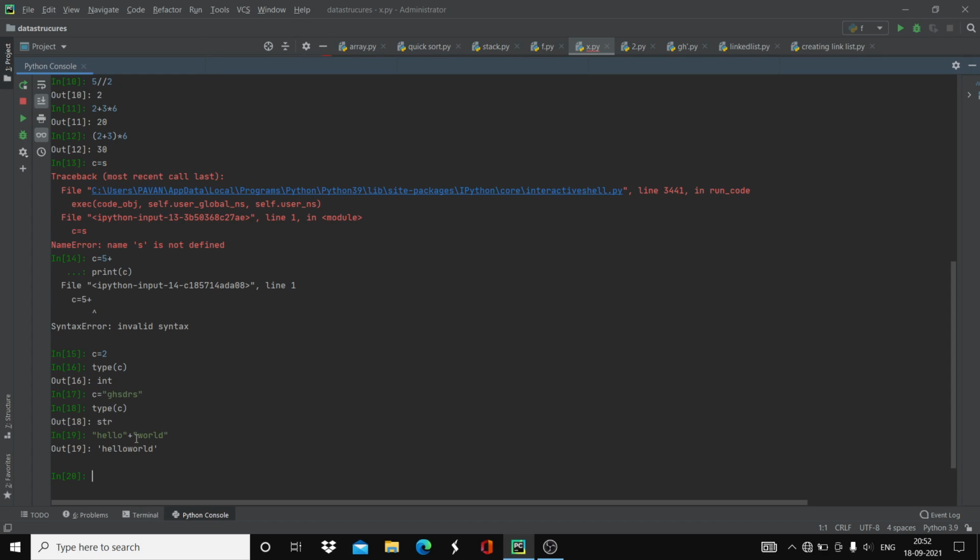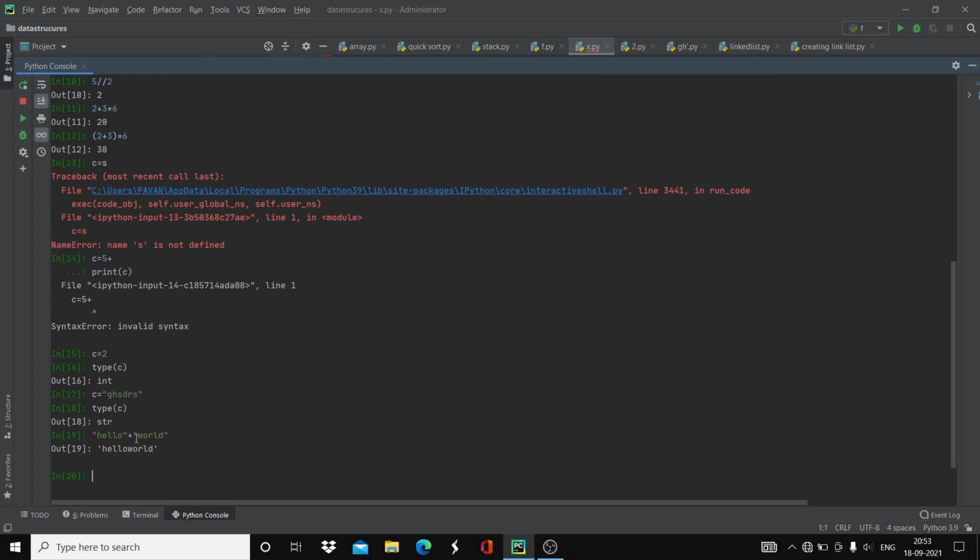Let's speak about the variables. Variables are very important for any programming language. Variables will store your data temporarily, but not permanently. But with the help of variables, you can write your code, run your code, and execute it. You can get the output you want, because variables play a very important role.